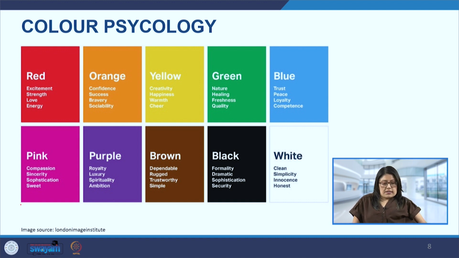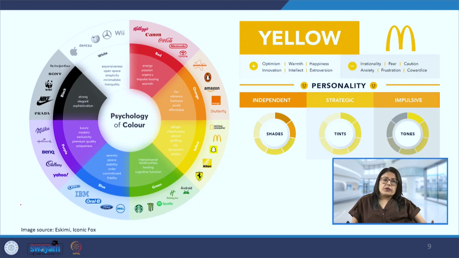Similarly here we can see that different colors stand for different kinds of emotions that they convey. We can see here on the bigger wheel how these colors have been incorporated by big conglomerates, big companies, for creating their logos. Because we know that on a psychological level, maybe a subconscious level, we lean towards certain colors or associate them with certain feelings, like I mentioned in the previous slide. So keeping that understanding in mind, these logos have been developed because, for example, the color red stands for energy, passion, warmth, impulse buying.